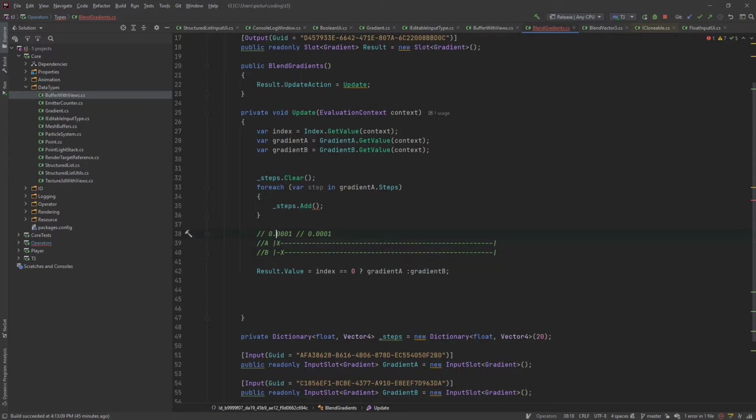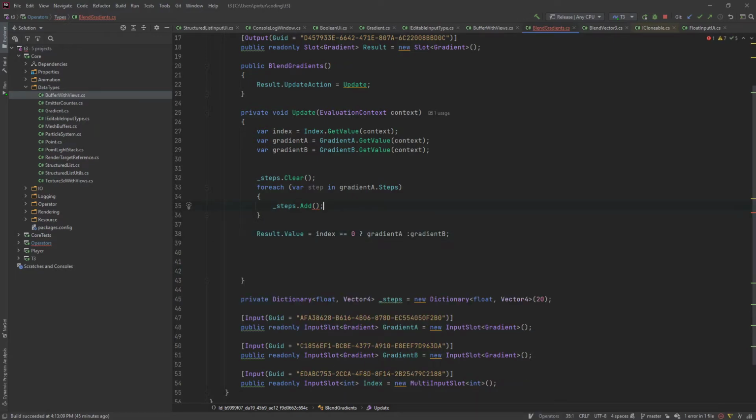So I don't think it will make much of a difference. The only thing is that we might add too many unnecessary steps. So I think it will be fine. So okay, we add a step, and we add the step position, the normalized position,